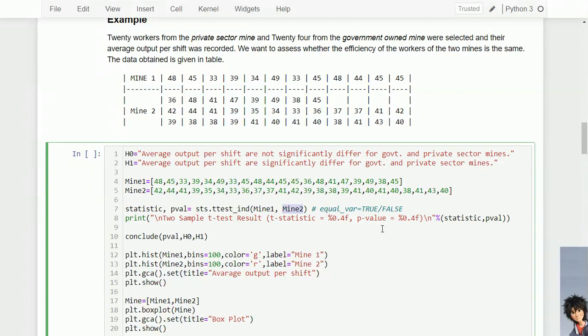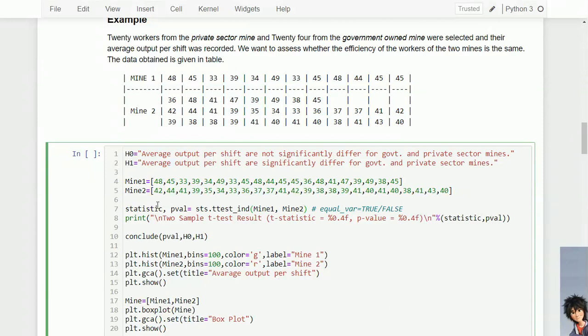By default it uses equal variance, but if you think the variances may not be equal, then we just have to add another option, equal_var equal to False. In my case the variance is equal, so I'm not using that option.